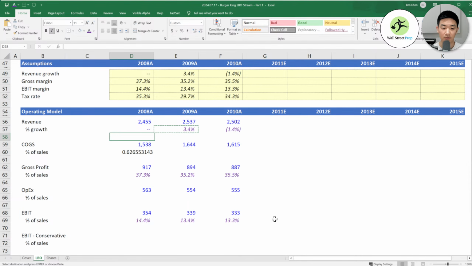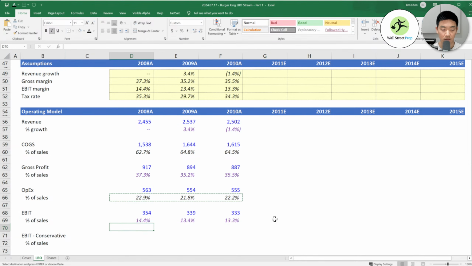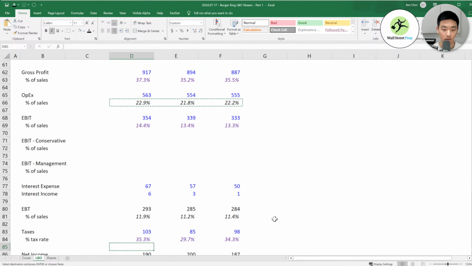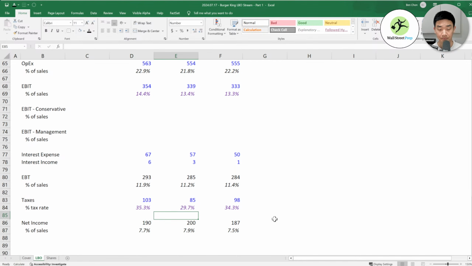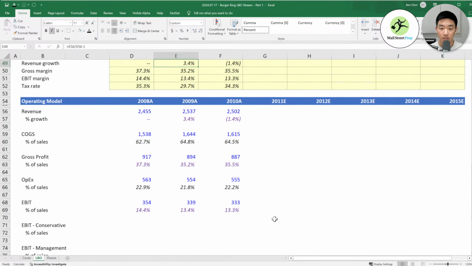The reason we're not doing it for every single one is because these four are the ones we just need to make assumptions for. All these other ones we don't really need to. So this is for our cost of goods sold. And since I anchored the revenue row, I can just copy paste for all the ones that are percentage of sales. This one and that one. Okay, so we have our historicals now.